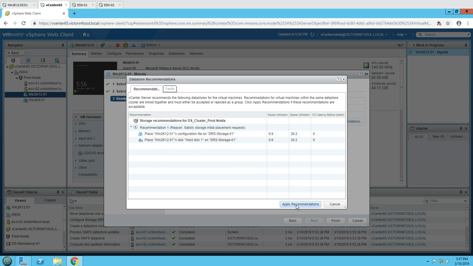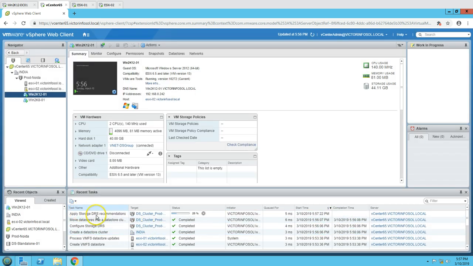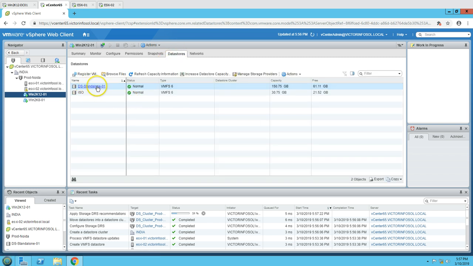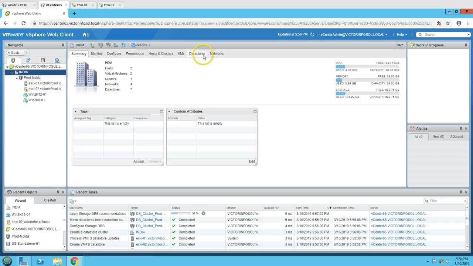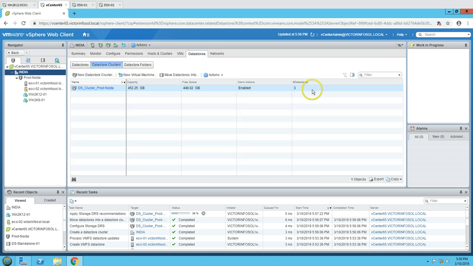And now if I apply the recommendation and click finish, you can see the apply DRS recommendation has started, and soon this machine is going to be moved from here to our data store cluster. Currently you can see it's standalone, so it's going to move soon. It's 36% completed. Now if I go to my cluster data center, and click on data storage, you can see soon it's going to give you the latest